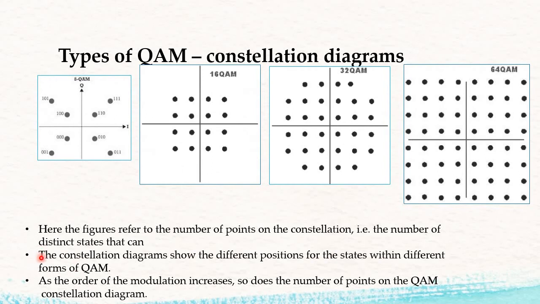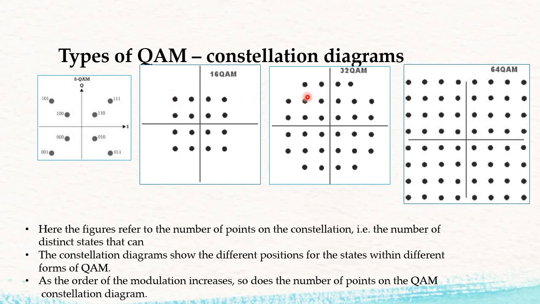Now these are the diagrams for the constellation. If you have a look at these 4 diagrams, the first one is a 4 QAM. Now if you compare this diagram with the QPSK signal, in QPSK we have one constellation point in one quadrant. Here for 8 QAM, what we do is divide 8 by 4 because we have 4 quadrants, and the value that comes after division is the number of constellation points present in one particular quadrant. So 8 divided by 4 is 2. So we have 2 points present in one particular quadrant. Similarly in 16 QAM we have 4 points present in one quadrant.